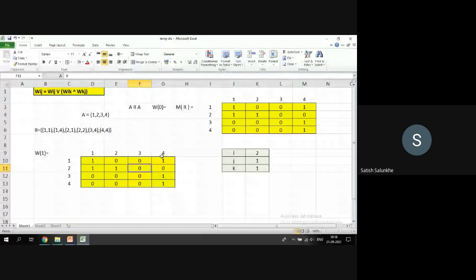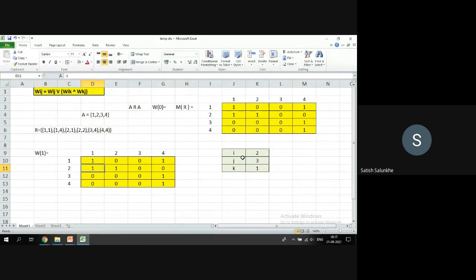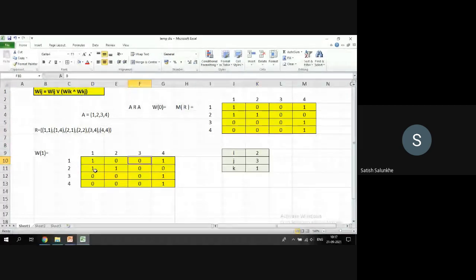So W23, the J value is 3 now. W23 is equal to previous W23, that is 0, or W_ik, that is W21. W21 is 1. And then W_kj. W_kj is what? W13. So W13 is 0. 1 and 0 is what? 0. Okay. So basically, for computing this